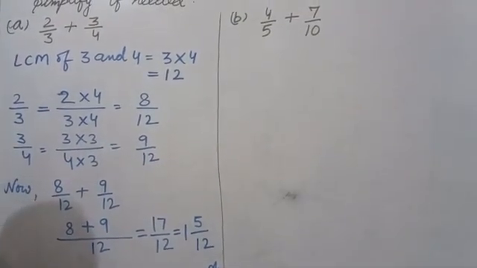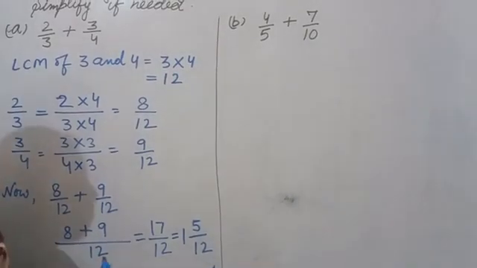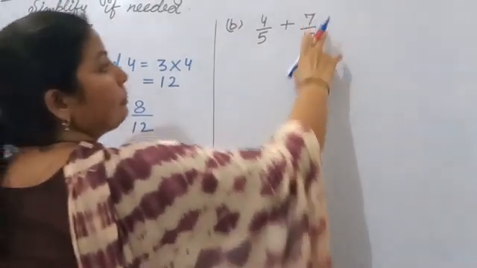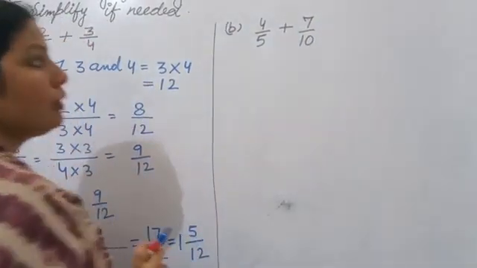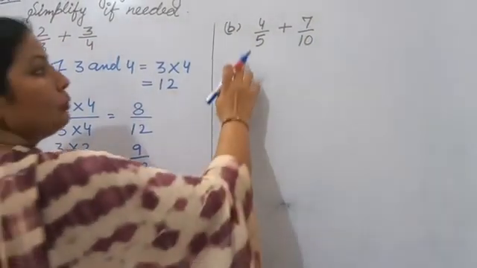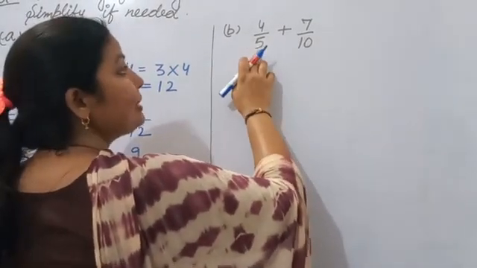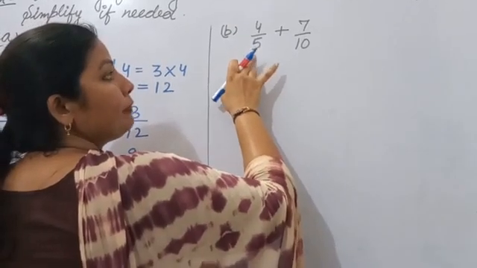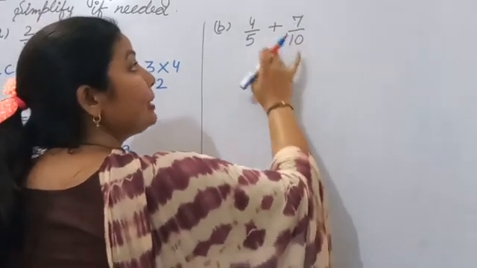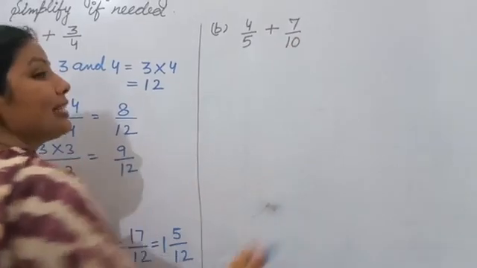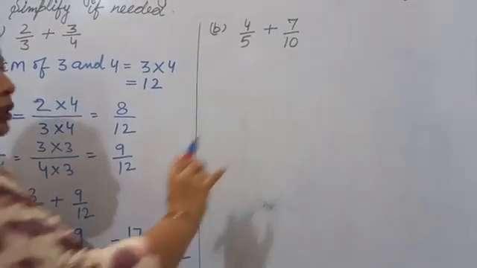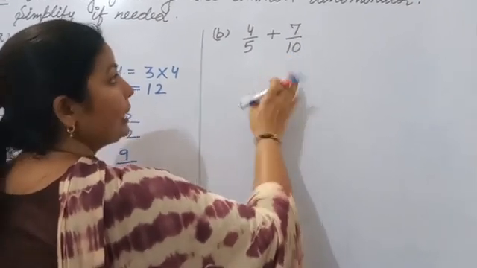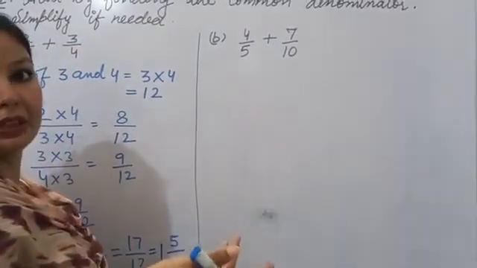Okay. Same way you will do B part. Okay. Now in B part there is 4 upon 5, 7 upon 10. Okay. So now firstly find LCM of denominators. So you can see that 5 is a prime number and 10 is a composite number. Now we recite the table of 5. 5 2 are 10. We are getting this number in 5 table. That means 10 will be our LCM. अगर आपका जो composite number है वो prime number की table में आ रहा है, so that will be your LCM. Orally small numbers के आप orally find कर सकते हो LCM.